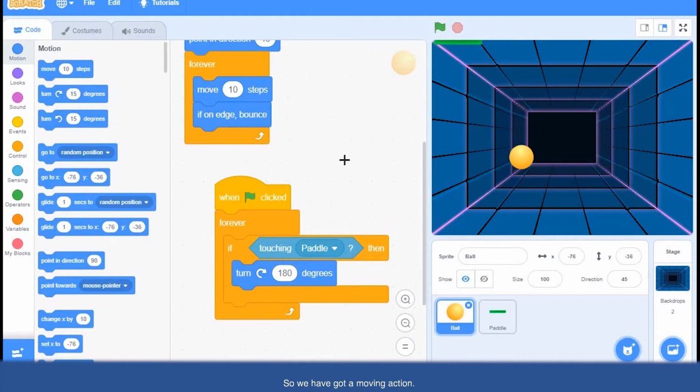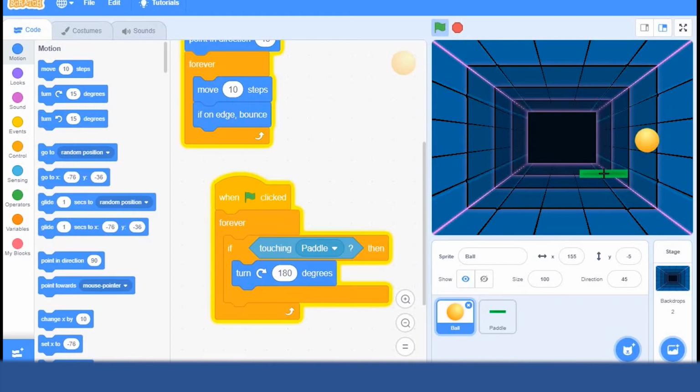Okay, so we have got a moving action. Now let's see what happens. If I just say 180 degrees, I can see it is touching, but you can see the ball will become like this. So it will be glitching. So how to fix it and why is it happening? Because the computer is doing these things very fast. Okay, that's why we have to slow it down.